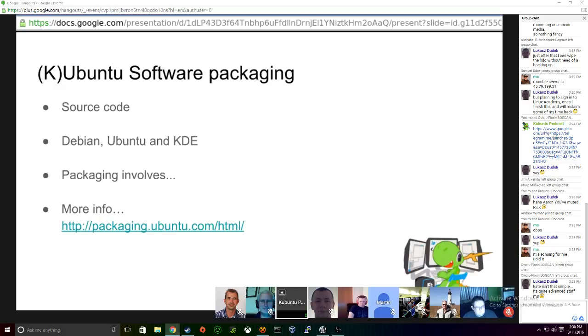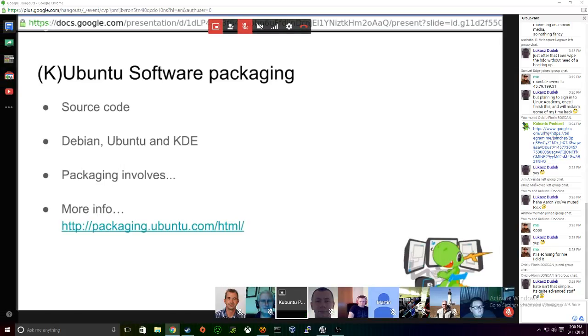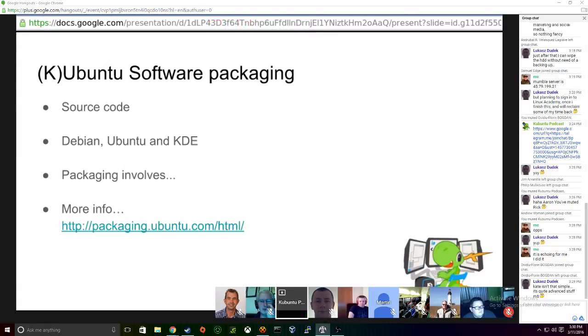And then we'll build all of those into compiled binaries which can be executed on the machine, along with the various configuration files. And then we'll build all of that into a package, and on the Kubuntu platform we use